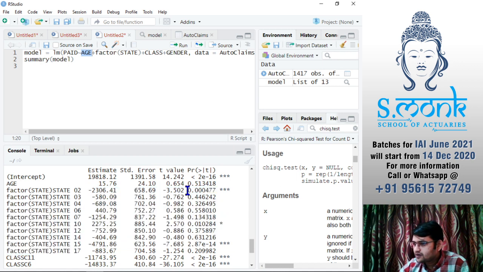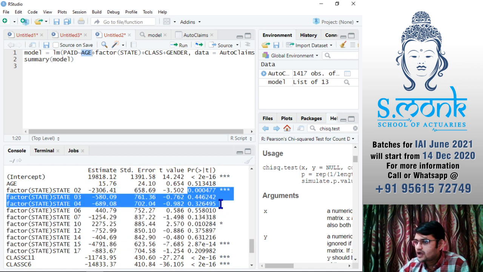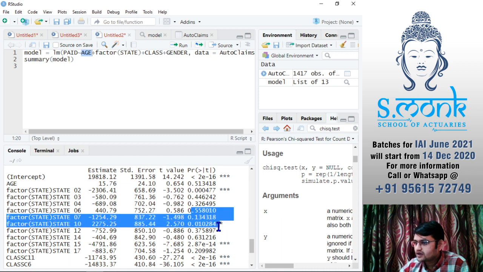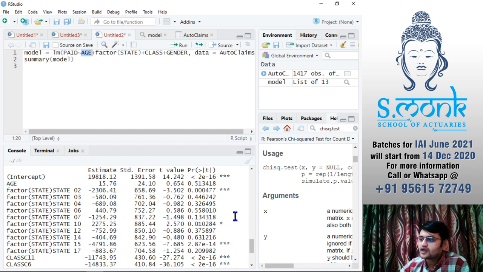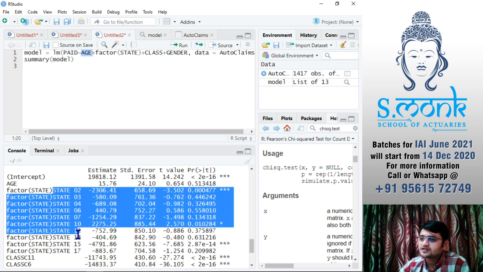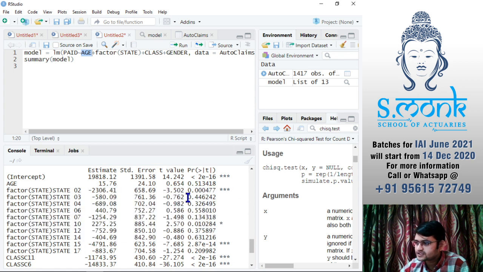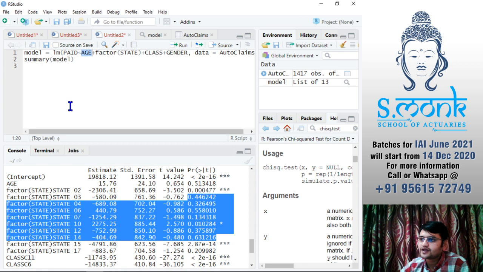So maybe I'll combine state 2, 3, 4, then 6, 7, 10 and 12. This way you can combine and make a smaller number of states, because a lot of states are not very significant for this final price paid.